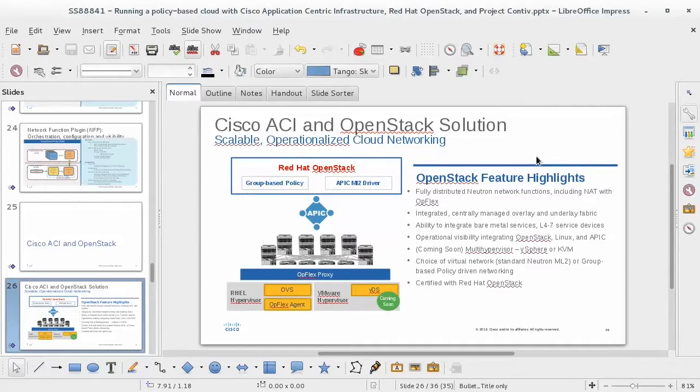So now let me talk a little bit about Cisco ACI and OpenStack. In particular, how we're working with Red Hat around this. So OpenStack has been a major thrust of our work with ACI since the very beginning. We obviously made a push around combining multiple hypervisors and physical servers, and we very quickly on in our development started working with Red Hat around how we can become the best OpenStack solution for your Red Hat OpenStack environment.